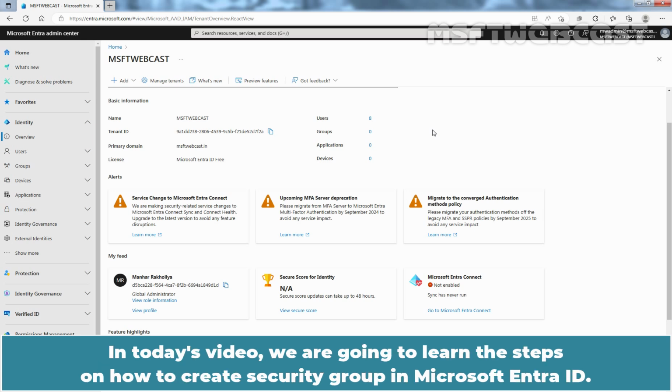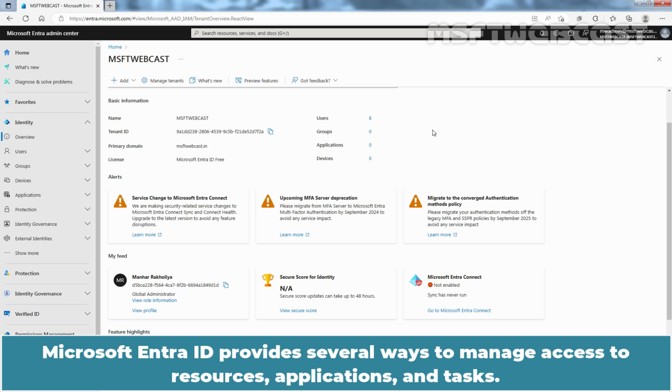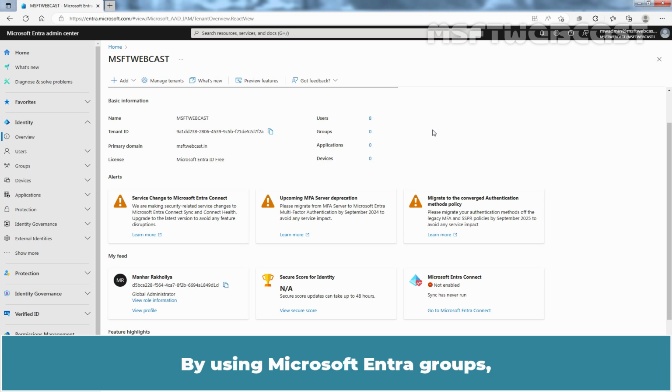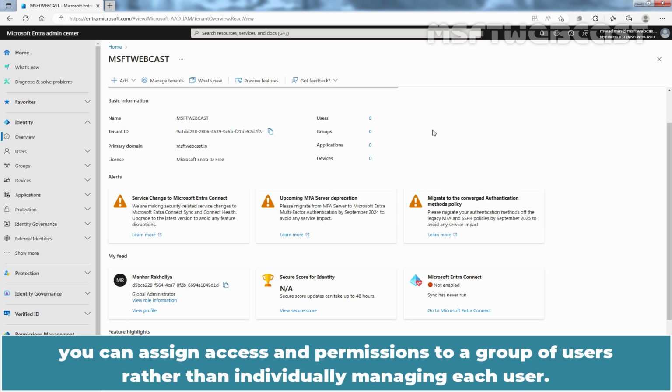In today's video, we are going to learn the steps on how to create a security group in Microsoft Entra ID. Microsoft Entra ID provides several ways to manage access to resources, applications, and tasks. By using Microsoft Entra groups, you can assign access and permissions to a group of users rather than individually managing